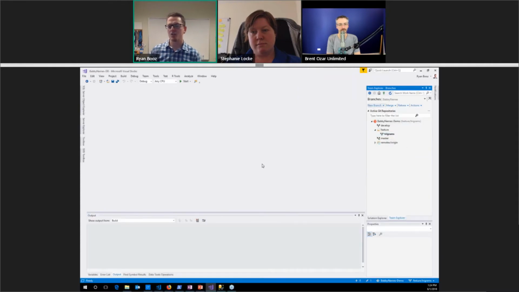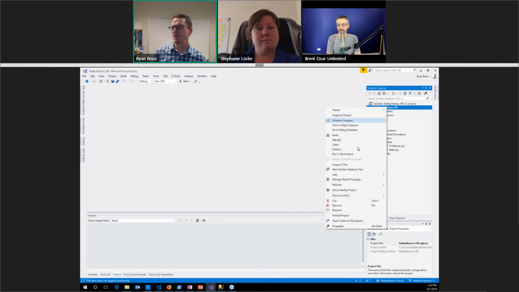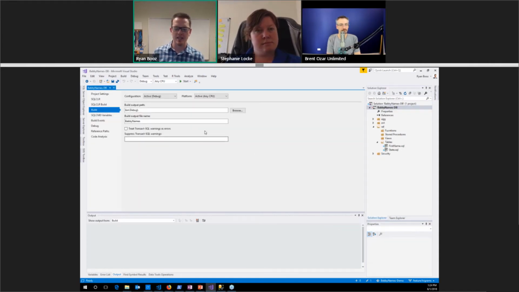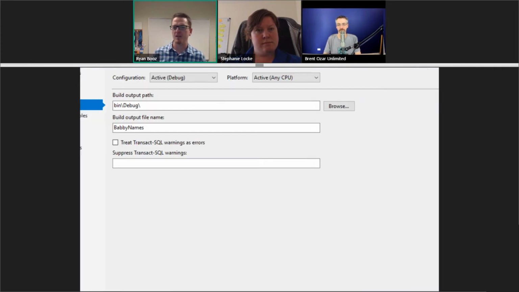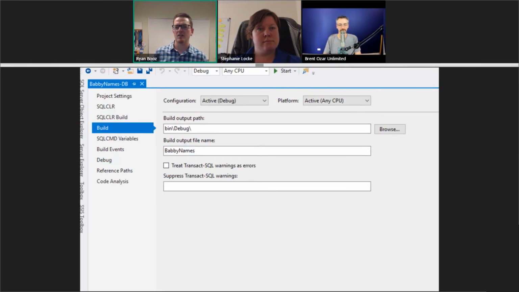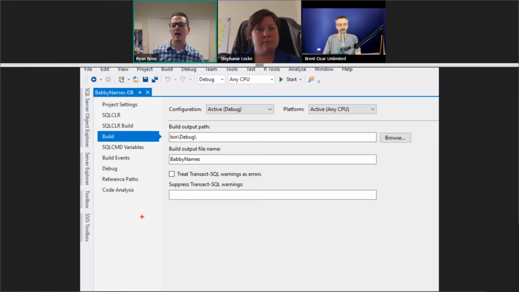All right. So first things first, I want to quickly talk about the project file. With a database project, you get a project file. This is where you have all your settings that you can do. So there's project settings and build settings and so forth. I'm going to really quickly talk about two of them, and I'm trying not to zoom in and out too much. We're going to get to code in a minute, so I won't have to do so much of that.